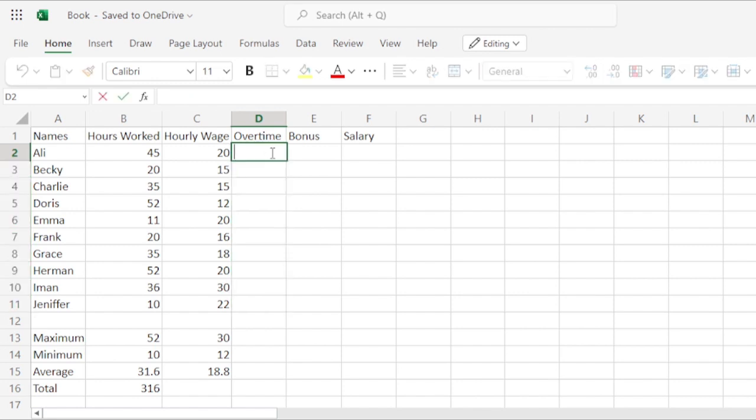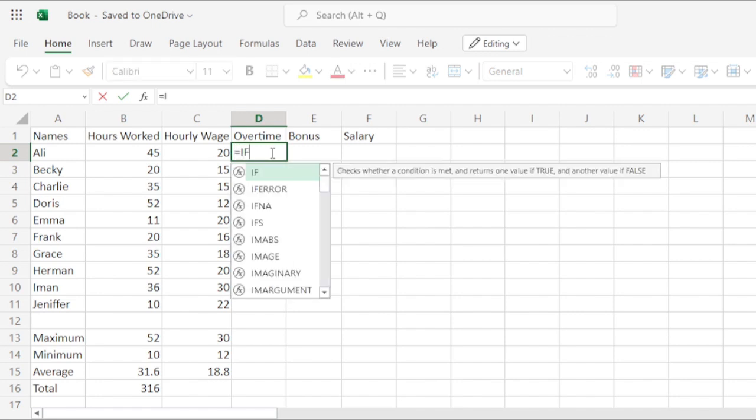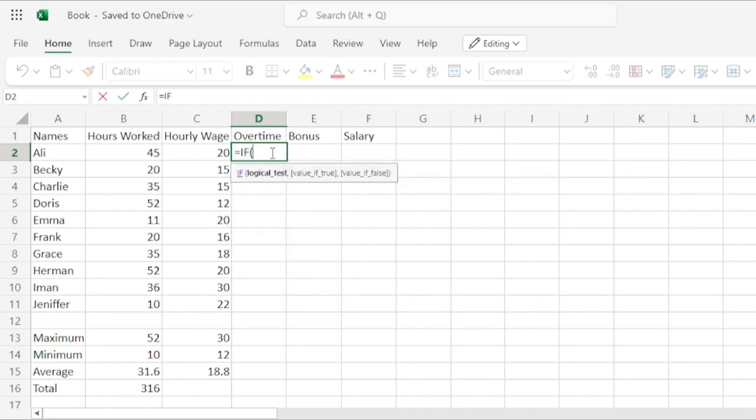So the function always starts with an equals sign, and then we say IF, parentheses. It asks for a logical test. So it asks for a condition. So what is our condition? Our condition is that if B column, so here B2, is greater than 40,